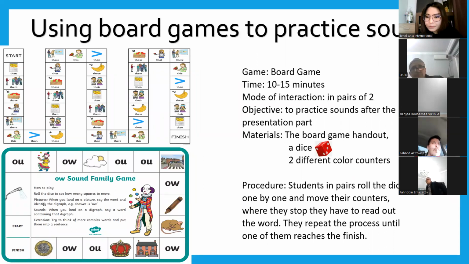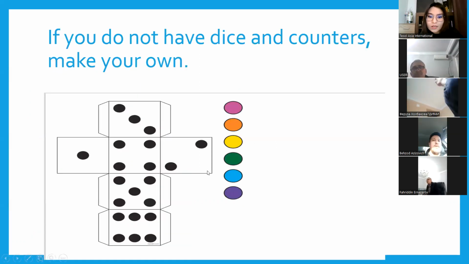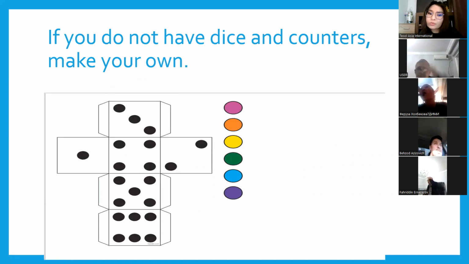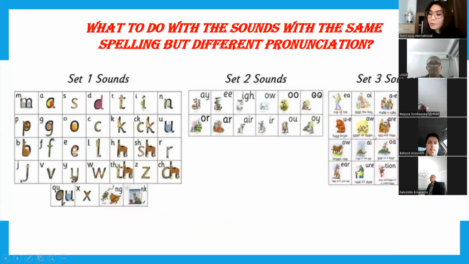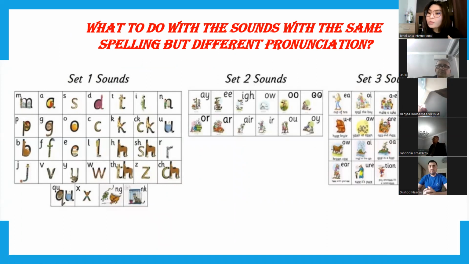But if you don't have dice or color counters, you can make your own. If you type on the internet dice, you can get such forms in a Word file, PDF, or picture form, you can print and make your own dice. And counters can easily be done in Word as well, or PowerPoint as well. You make a circle, give a color, print and cut, and your students put in any number they have got from the dice rolling. This way, you will introduce the words that come with these very sounds, and finally they will be able